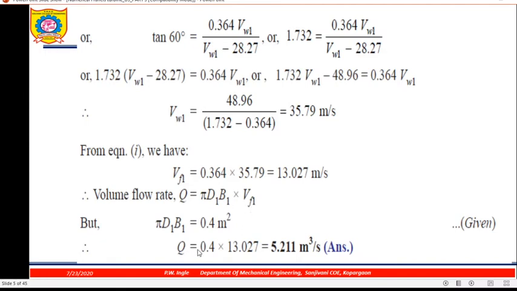So to calculate volume flow rate, that's why I am telling you the equation for Q. In Pelton turbine, it is pi by 4 d square into V1, not Vf1. Here it is pi d1 b1 into Vf1. This you have to keep in your mind. Because in Pelton turbine, the water is discharged from the nozzle and it will strike on the plate one by one, but here it flows around the circumference of the wheel. That's why it is pi d1 b1 into Vf1 equal to pi d2 b2 into Vf2.